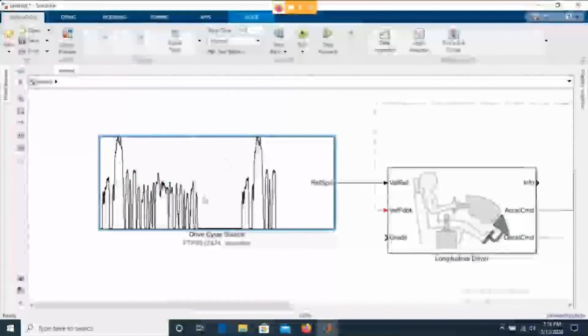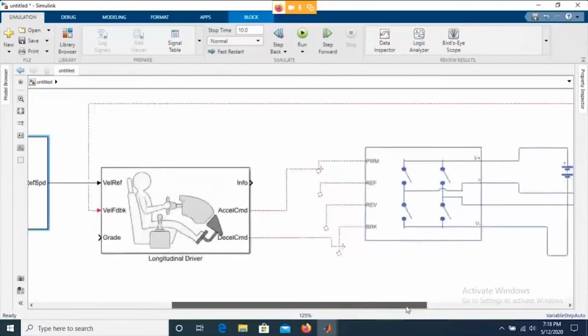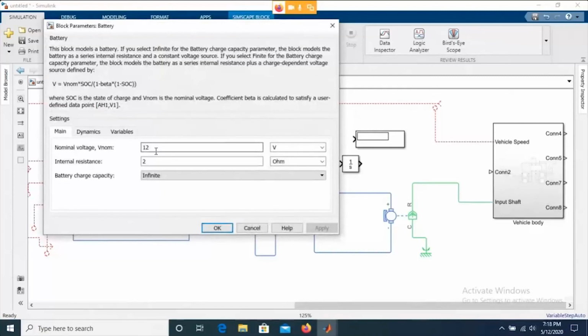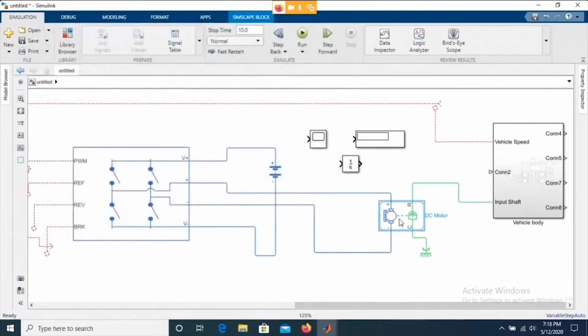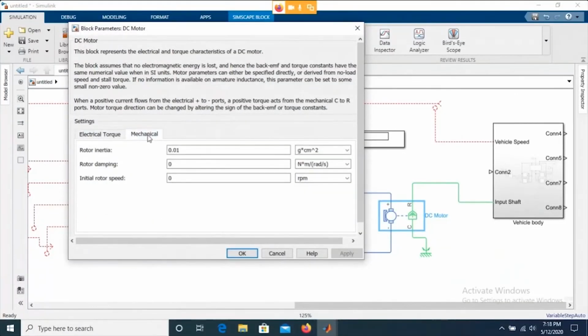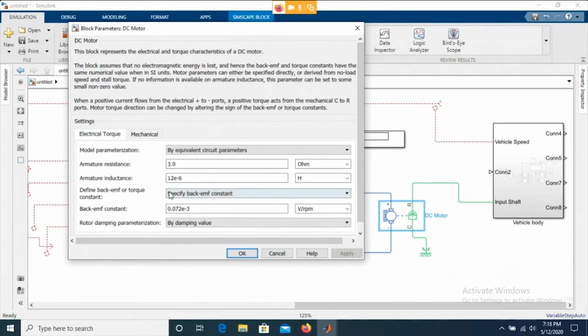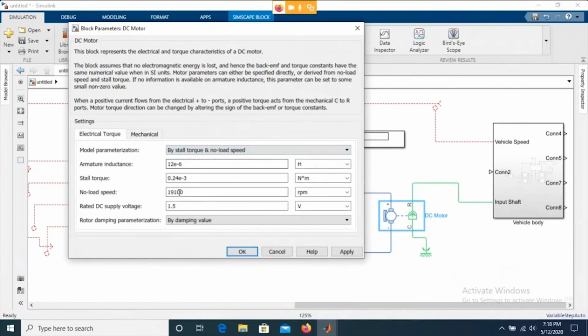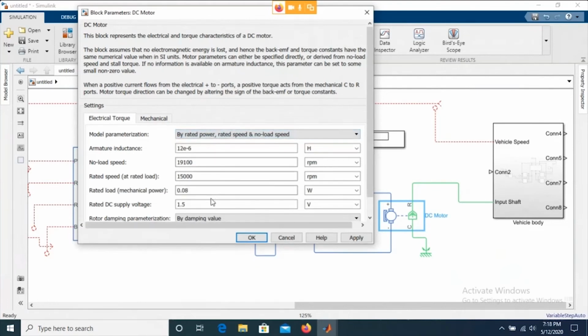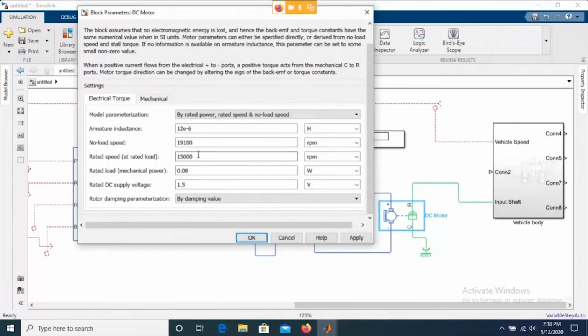And if you systematically connect everything, you take the integration of this, and probably you define the battery parameters. The voltage of the battery and the voltage of the motor at which it works should be matching. Now the RPM required for the vehicle and the RPM of the motor should be matching, right? So you need to give a clear idea about what the speed range is going to be and what the power is going to be. You need to consider the rated power, the rated speed in RPM, and the wattage rating of the motor.